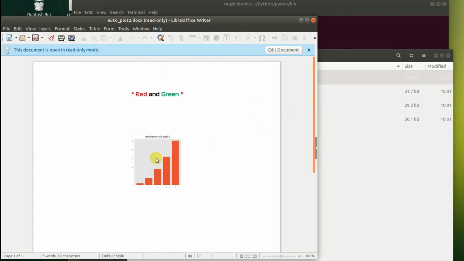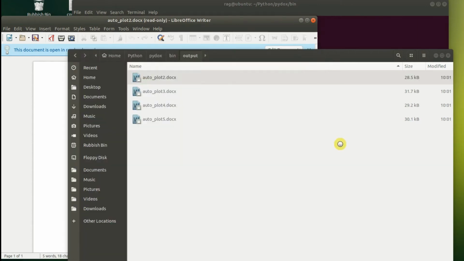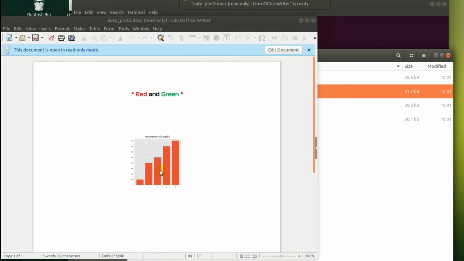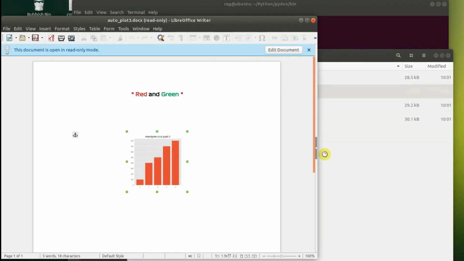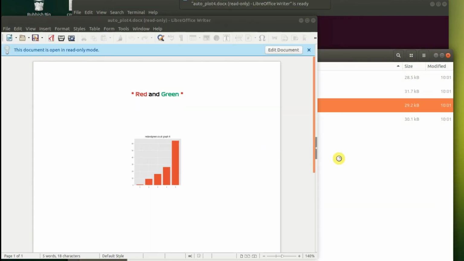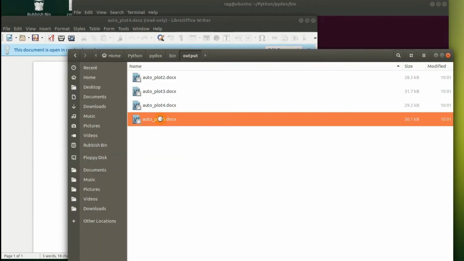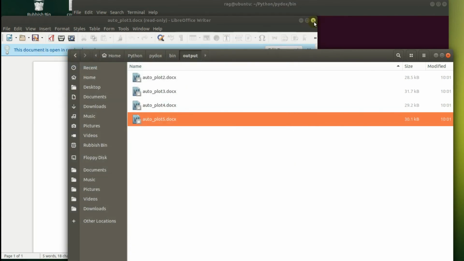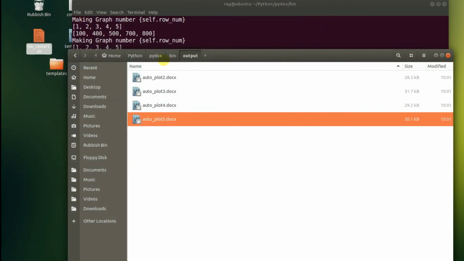And yeah, the graph is very small, isn't it? I think so what I need to do there is, it's not because the PNG file is small, it's because of the size of the image in the template. So do you want me to run that again while you're here? Why not? Let's